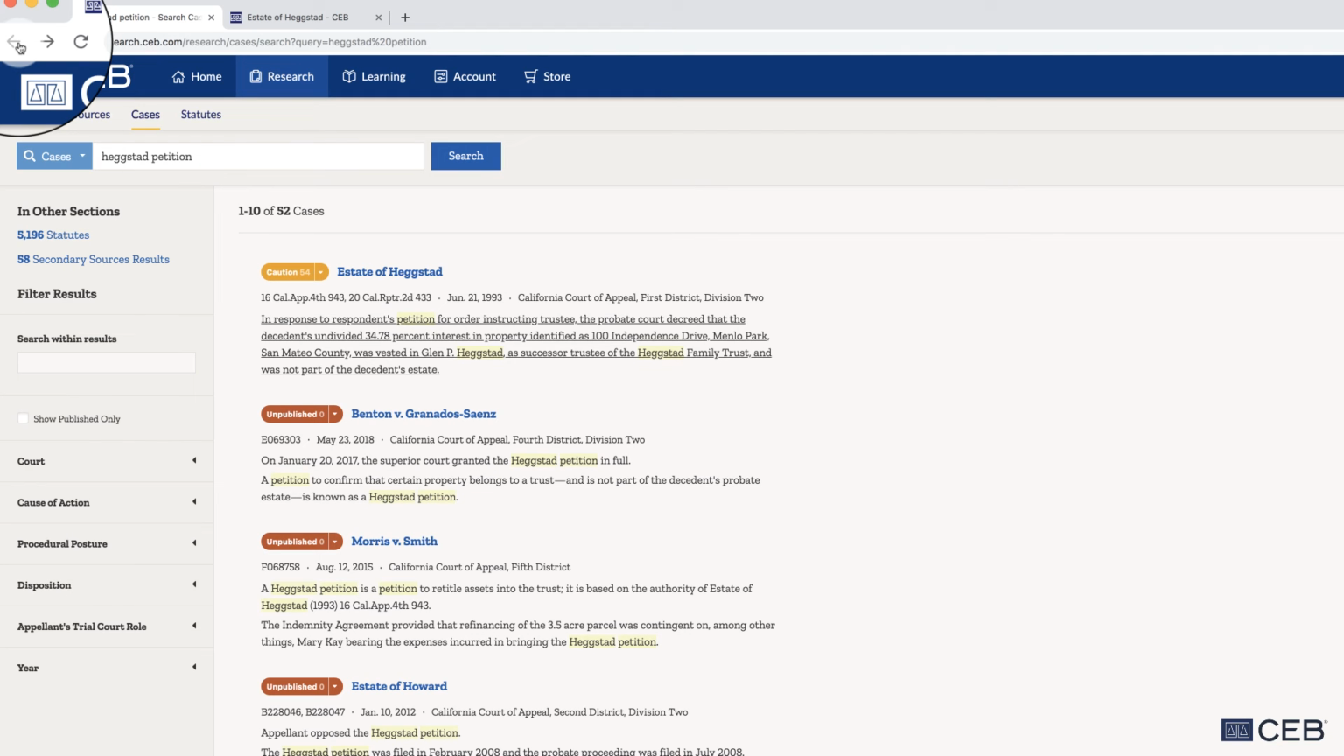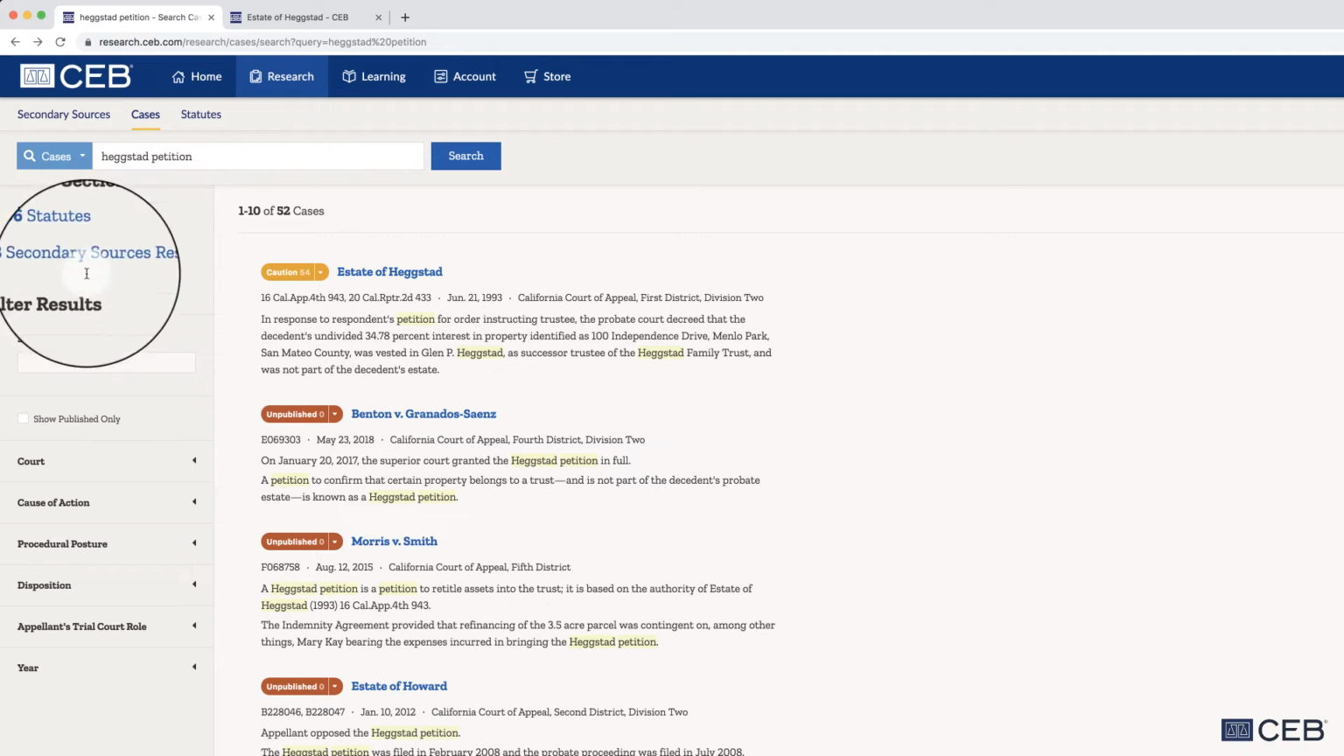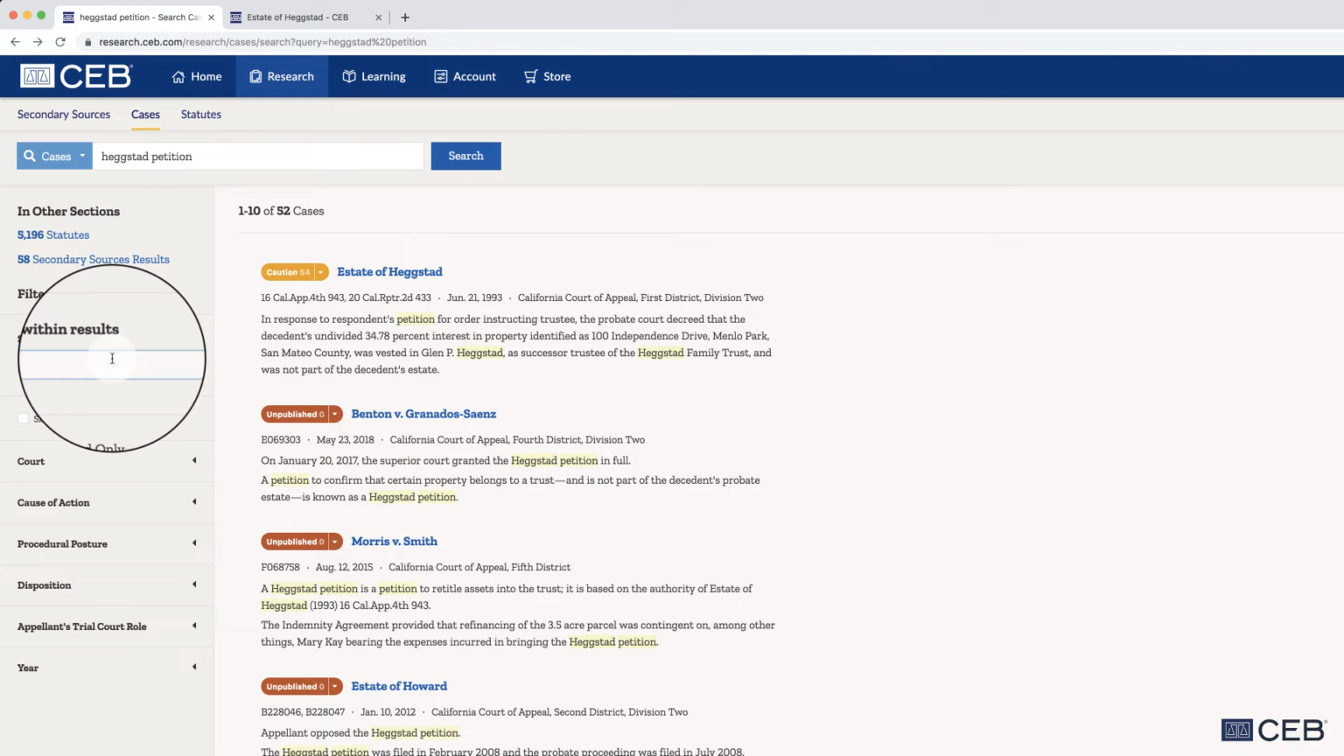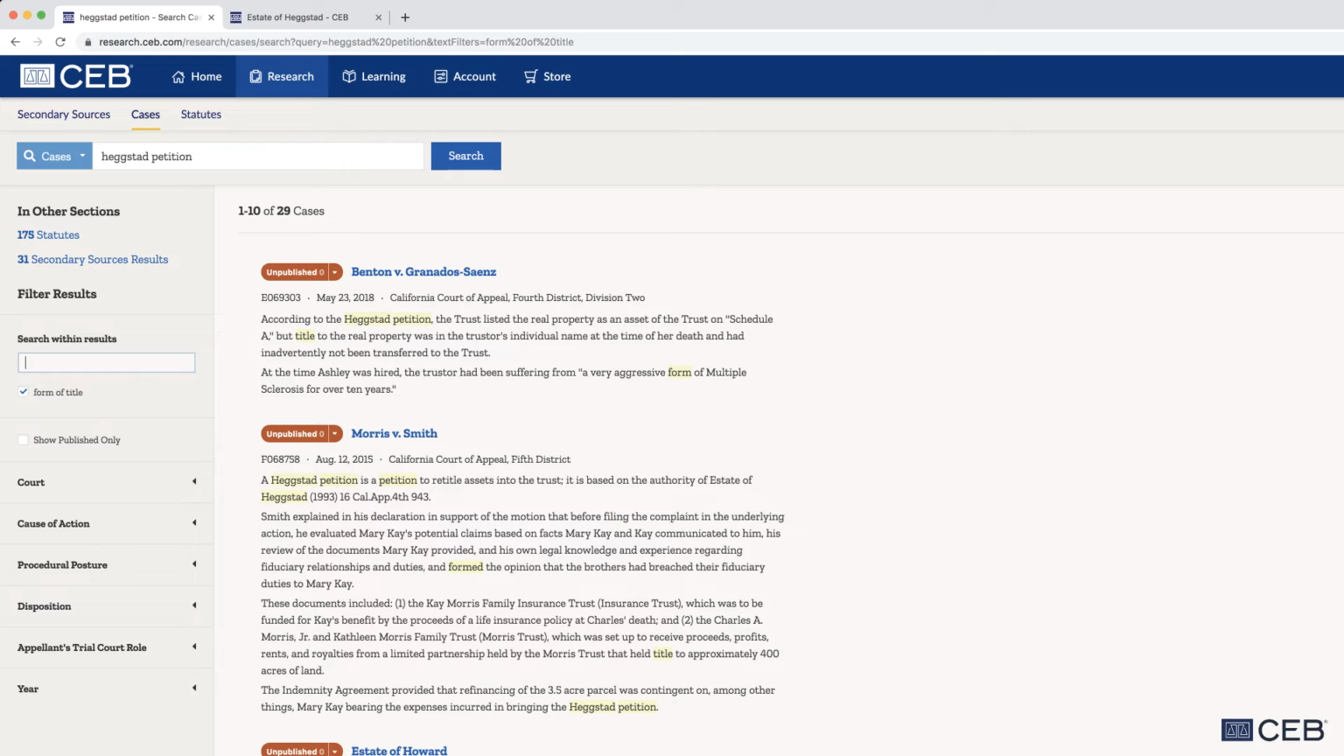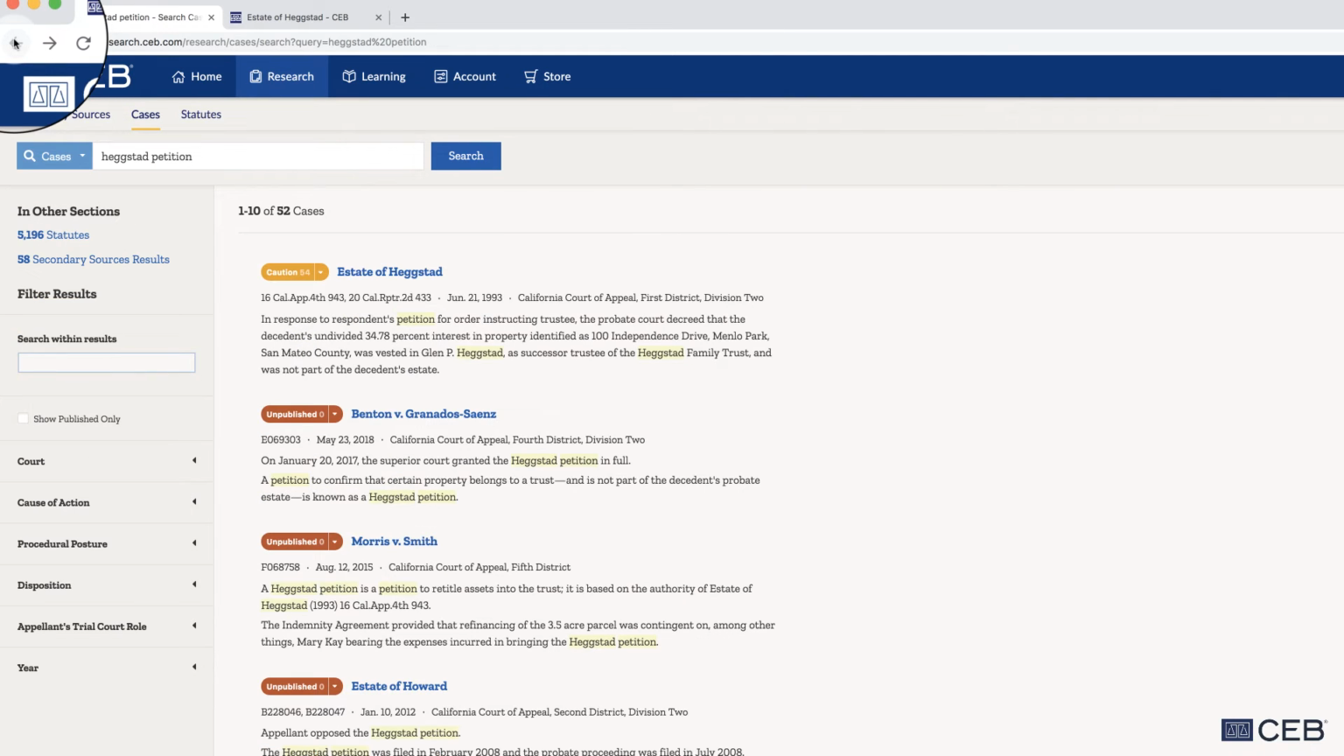So that covers the primary uses of this upper corner here. Below this, we can always search within the results. For example, I might want to search form of title, and that'll narrow the search results by cases that are now mentioning both Hegstad and form of title. Resetting back again,